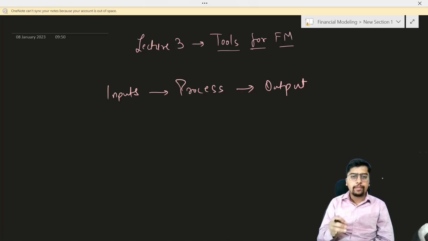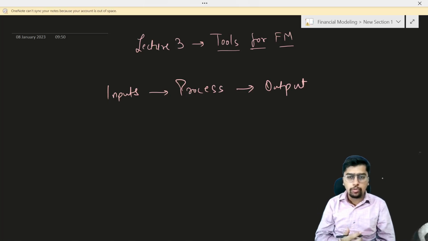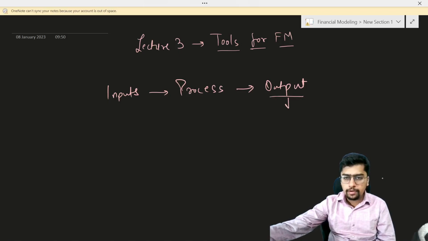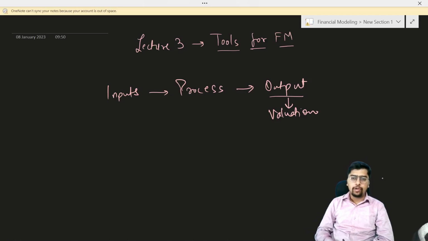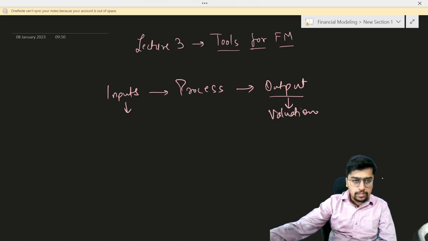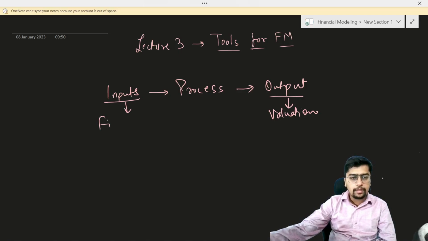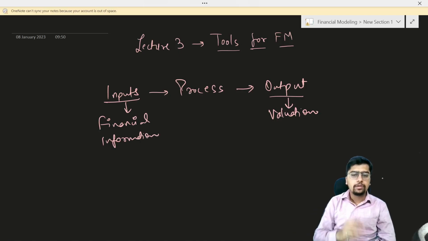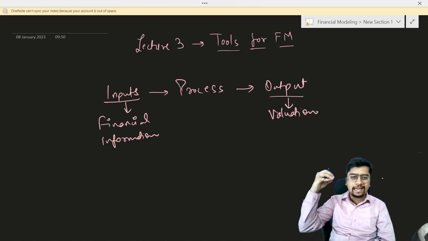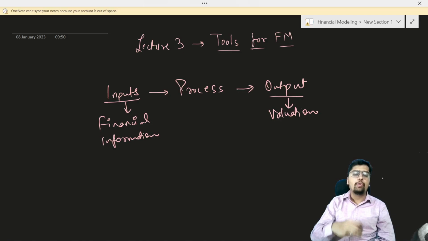Same way over here, we're going to give some inputs. We're going to work on those inputs, and from that, we're going to come to output. When I say output, output is nothing but the valuation, the final result of doing all this. So, what is the input for this? The input is going to be the financial information which we are going to give to the process. In this process, you're going to work on this financial information. You're going to elaborate this financial information, dig deep into it, and try to see what is the true worth